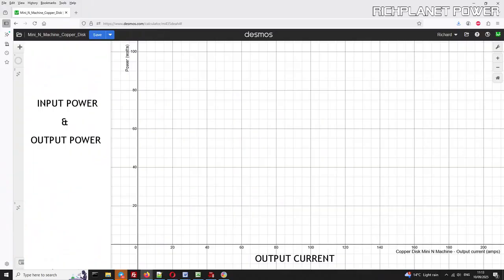Now, in order to explain the results, as I mentioned, I am using a graph which shows the output current of the generator on the x-axis and the input and output power of the generator on the y-axis. Before I show the results using the steel disc, I'm going to go through a little bit of